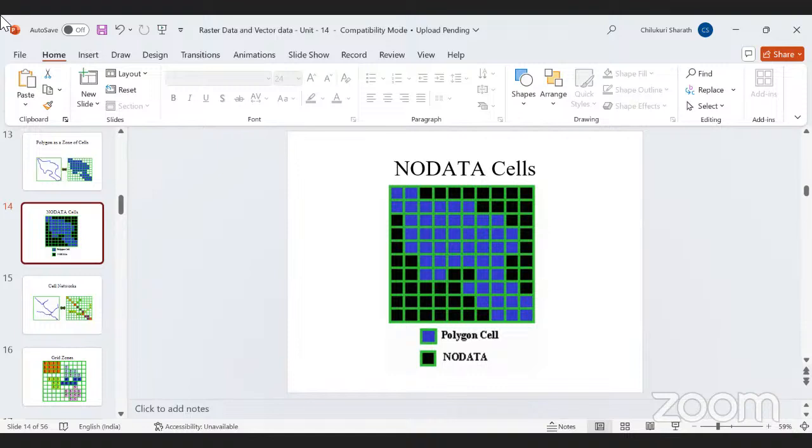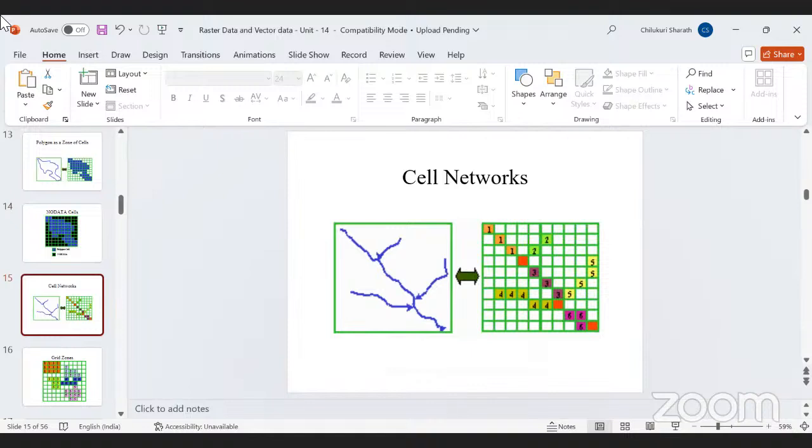So what is the source for this one? Before completion of that, once again we need to discuss this. The cell network: suppose it is a drainage pattern, as we have seen on a hard copy, you have drawn like this. So what is happening here? A group of lines makes a stream. One stream was joined to another stream here, and if you look very detailedly,